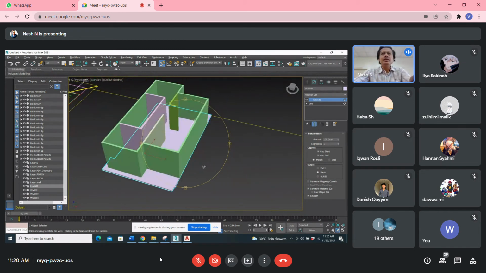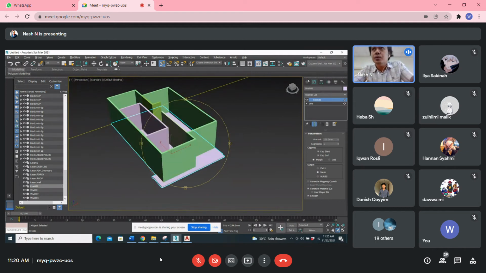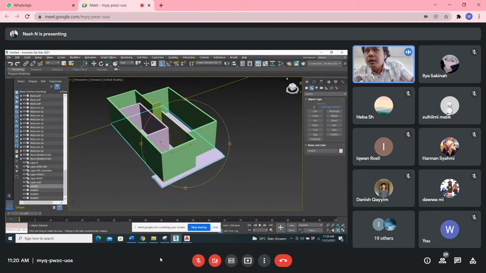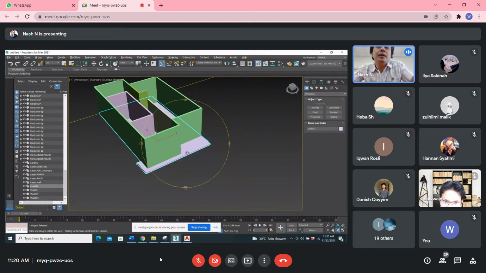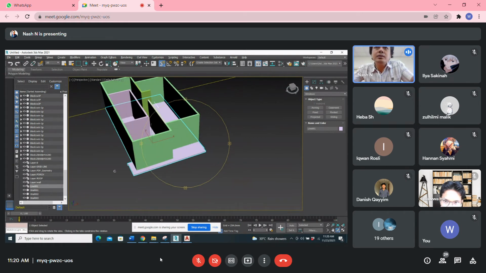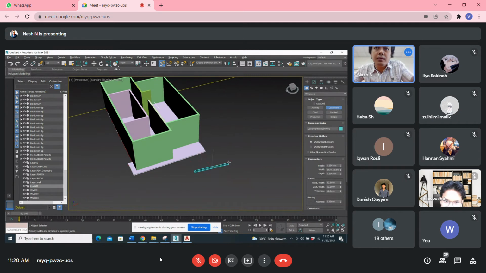Now let's make a window. Here I also see an object. I saw windows here. Awning, casement. Try, because normally during my time, I just do my own window. Try casement. Wait.